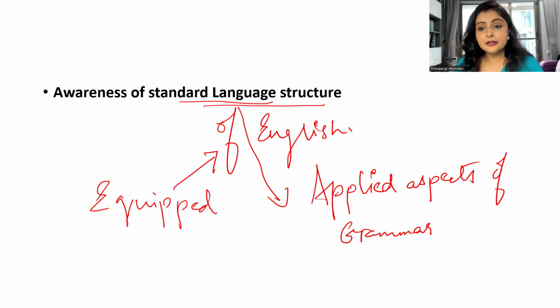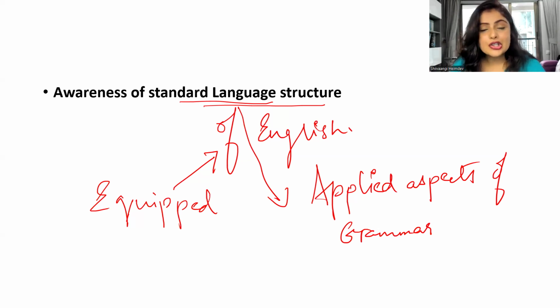When I say theory of grammar, all that we know is what is a tense? What are the types of tense? How are we supposed to convert from a simple present tense to a present perfect or a past perfect? What is a noun? What are the types of nouns? What is a pronoun? What are the types of pronouns? And that's it. Friends, with the theory of grammar, you will never be able to create correct sentence structures.